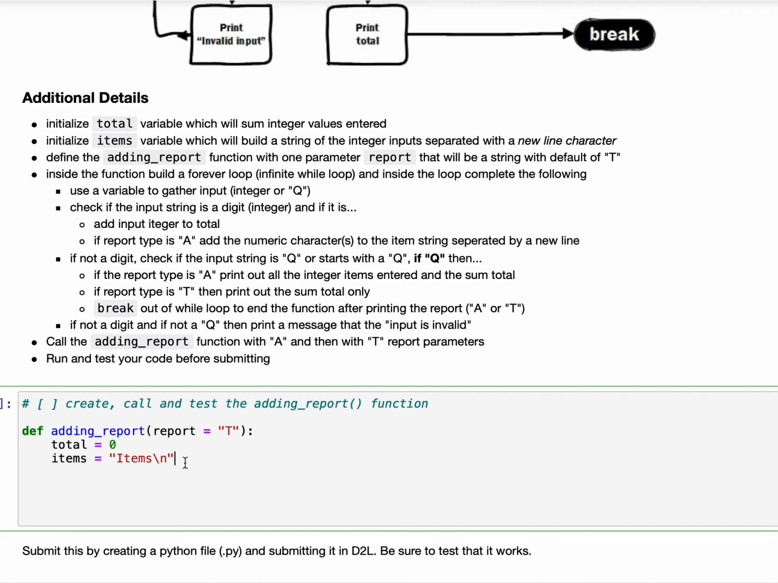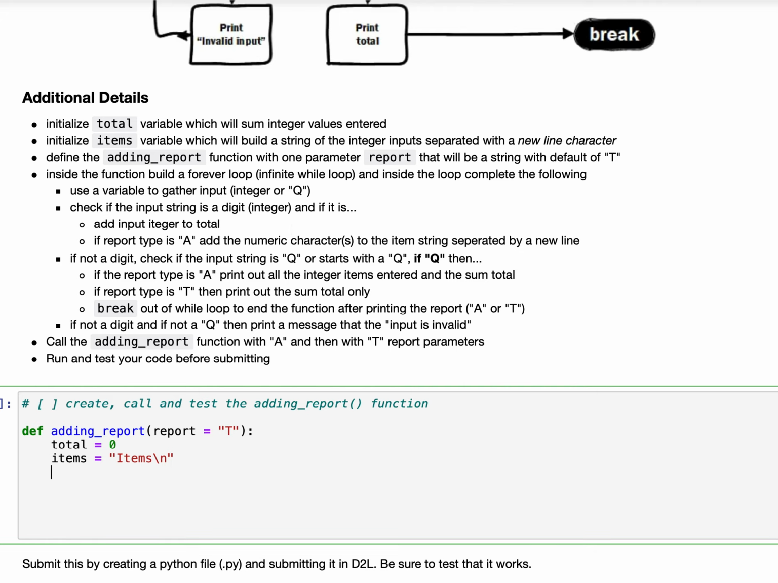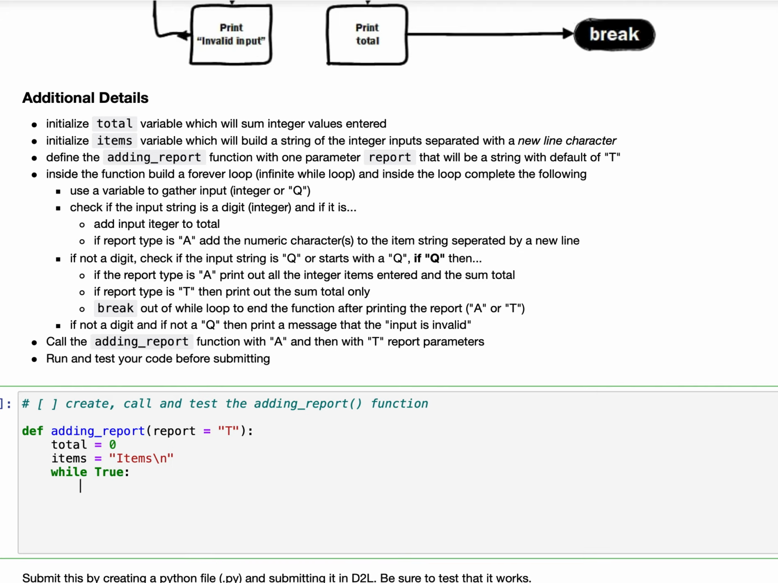Okay? So moving forward, we have inside the function, build a forever loop, infinite while loop, and inside the while loop, complete the following, and then a list of tasks that it needs to do. So let's go ahead and get started with that while loop. We have while true, colon. So what is it asking? It says,